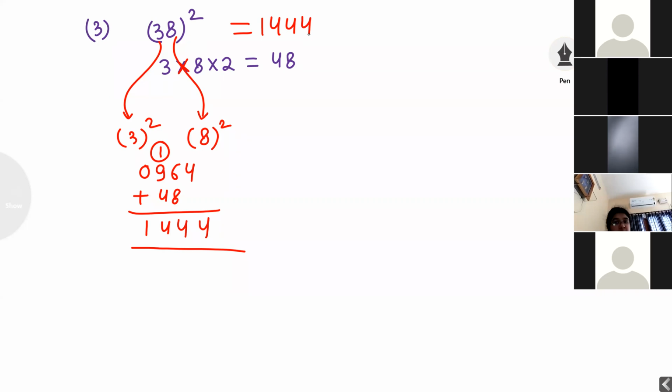Now some students are saying, sir, whatever answer you are giving, how to identify our answer is right or wrong? Then with the help of calculator, you can check our answer is right or wrong. Then you can multiply 38 into 38. If you are multiplying 38 into 38, you will check your answer will become 1444 only. With the help of calculator also, you can check your answer is coming right. And with the help of techniques and tricks, your answer is coming also right. This is proof.